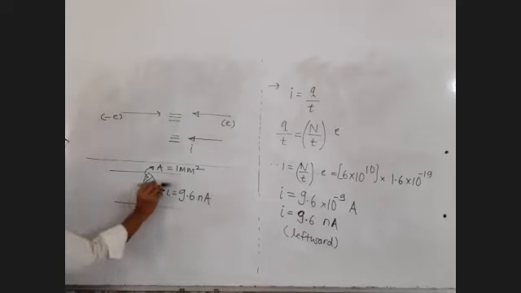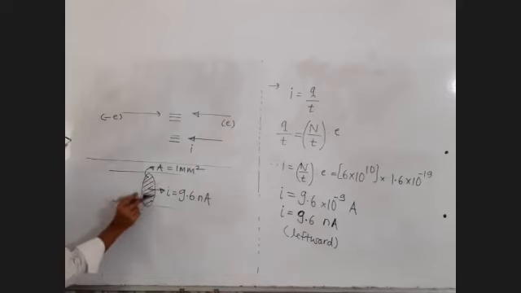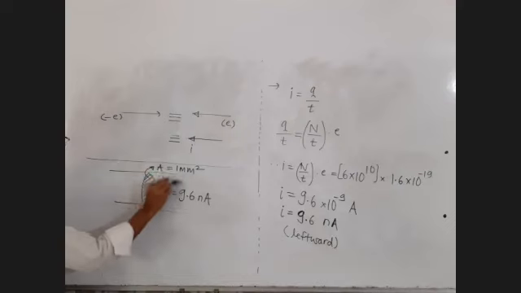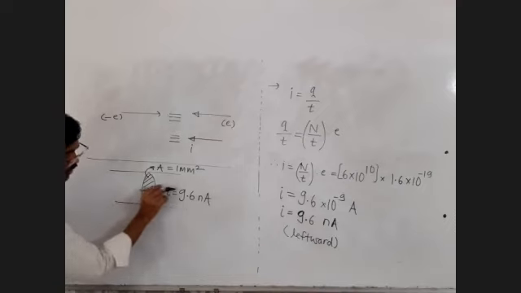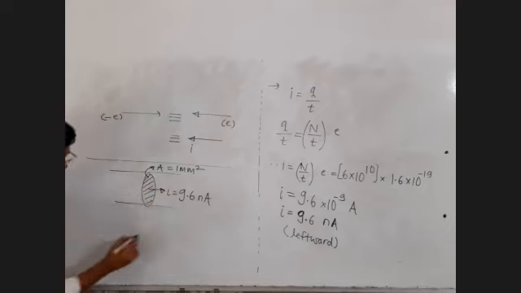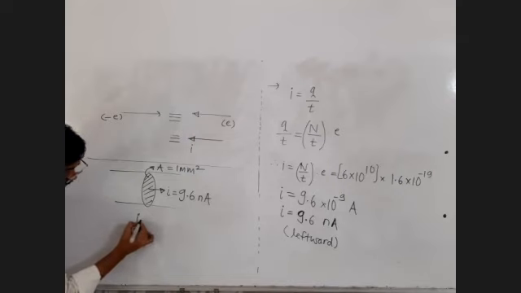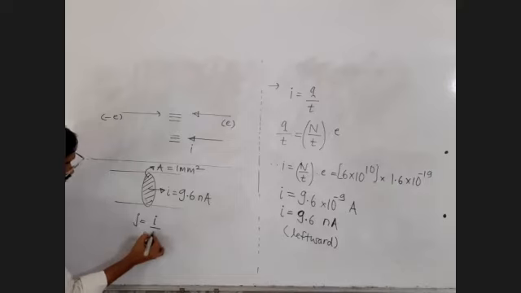Now the current density at each and every point, it is not given as a function of area. Okay, so if it is not given as a function of area or not given as a function of space, then you will take it as a constant at each and every point. If not given, you will take current density uniform, and the area is already perpendicular to the current or current density. So no problem, you can directly write current density is equal to current divided by perpendicular area.